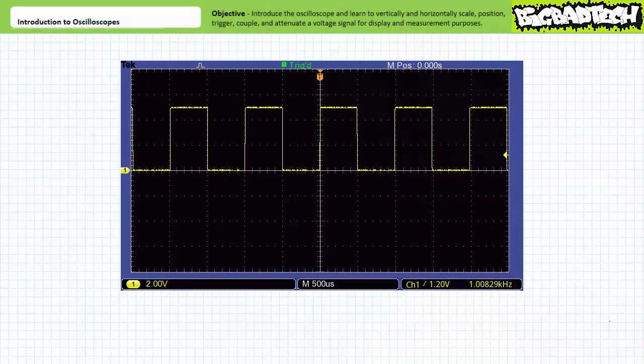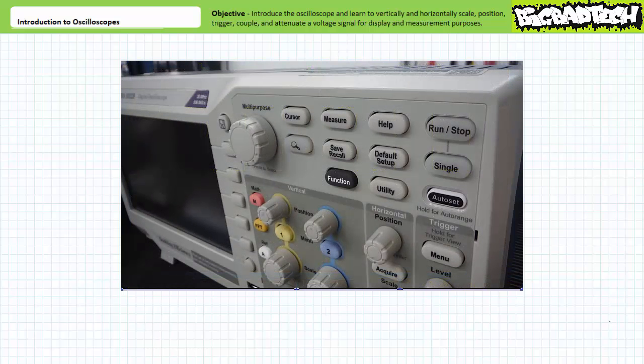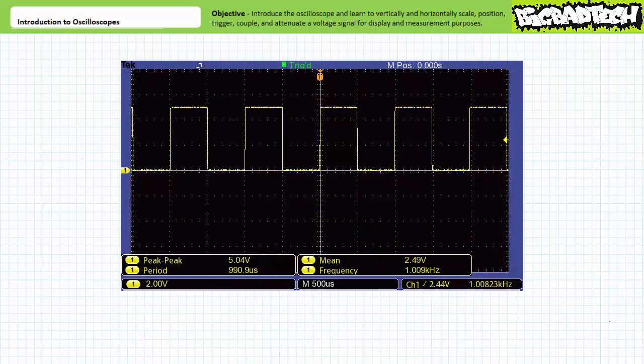If in sheer desperation you don't know what you're doing, modern oscilloscopes offer the frustrated user a lifeline in the form of an auto set button, the use of which is tacit admission of your ineptitude. The auto set button applies automatic scaling to the oscilloscope, which may or may not offer the level of detail you seek. As an example of this, when I press the auto set button, notice the oscilloscope uses my earlier vertical